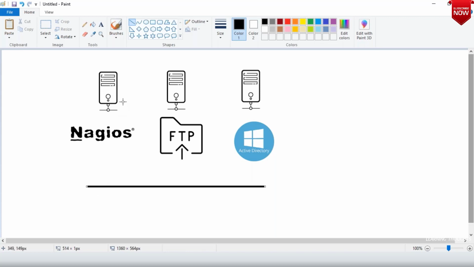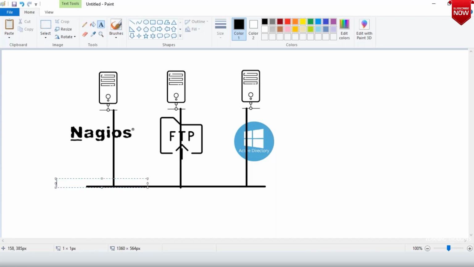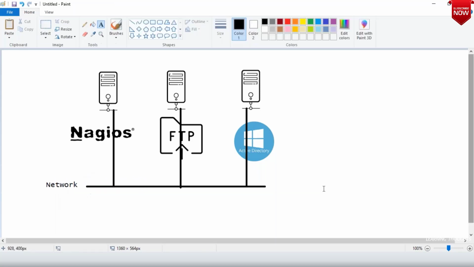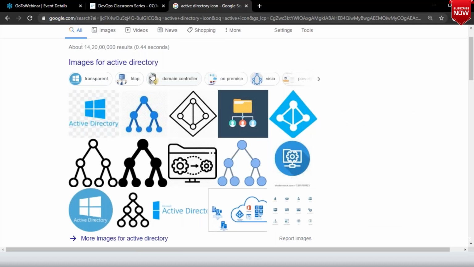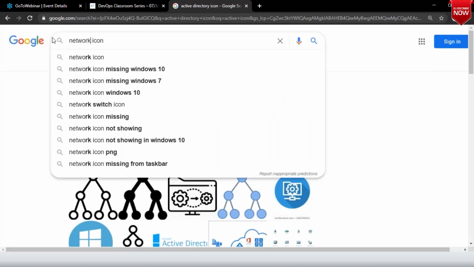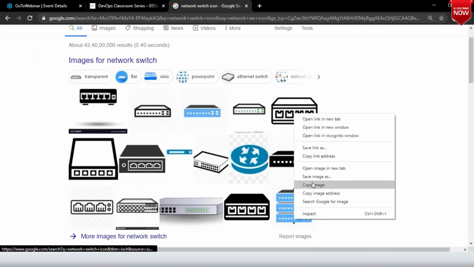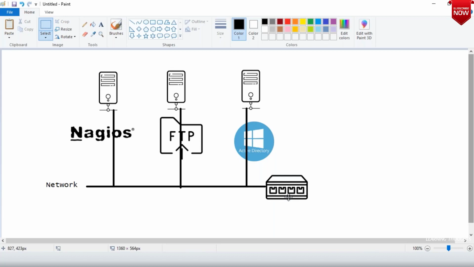So what happens over here is, this is your network connectivity. This is your network cable. This network, let us assume, in reality is connected generally to a network switch.